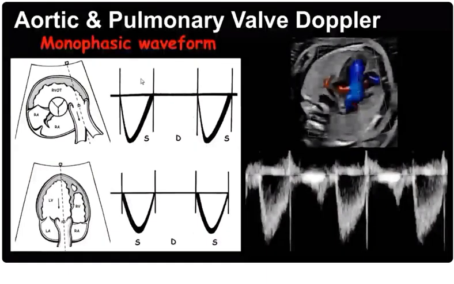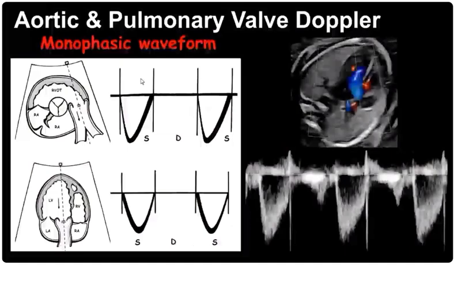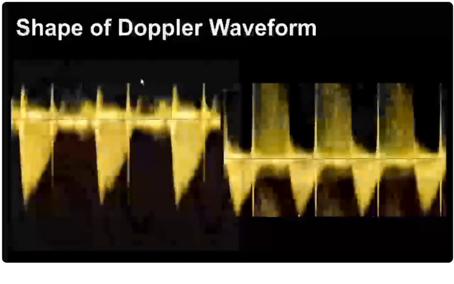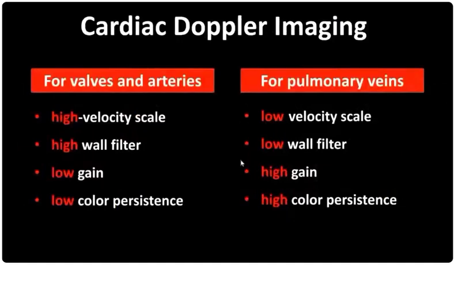Monophasic waveform is typical for the aortic or the pulmonary valve assessment. And here we're also looking for evidence of increased velocity of stenosis or presence of significant insufficiency that usually occurs at the time when the valve is closed, so in diastole. So very often when we perform the cardiac assessment within the settings of the fetal echocardiogram,